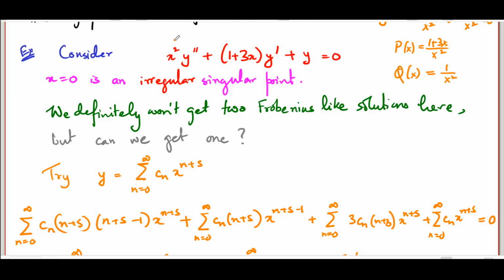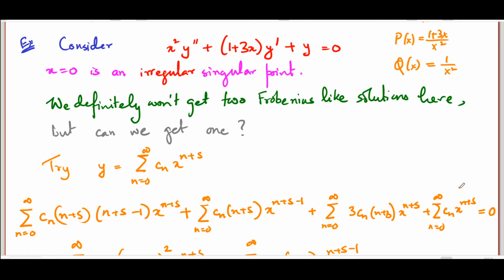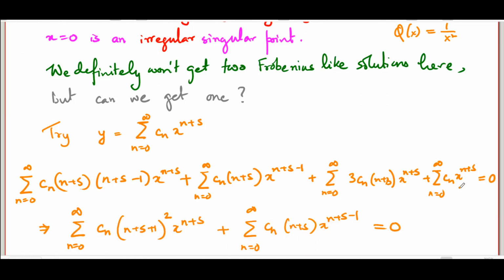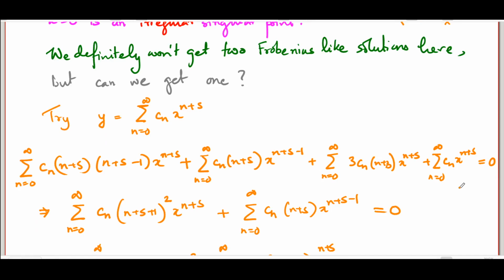So for the x squared y double prime term, you get c_n (n plus s)(n plus s minus 1). X to the n plus s minus 2 would have come from the derivative, but you are multiplying this by x squared, so you get this. This is what you get from the y prime. Well, you also get another term from the 3x y prime, where the power is back to n plus s because of the multiplication by the x. And y, of course, is c_n x to the n plus s summed over. Now we can collect the terms together, all the terms with power x to the n plus s, that is this term,